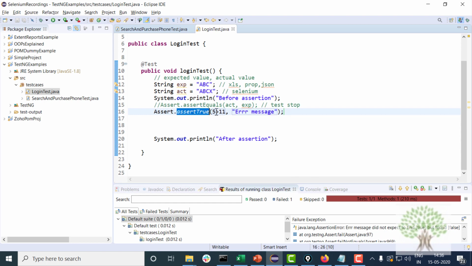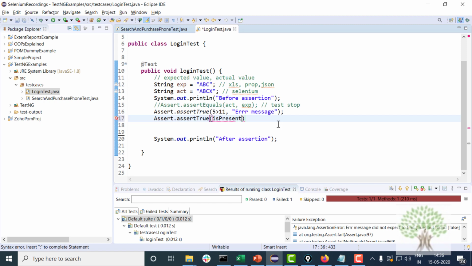Now you can actually use anything over here. For example, you want to check whether the element is present on the page or not. We had made a function earlier while learning Selenium, like isElementPresent. You can pass the XPath of the element. Okay, and if the element is not present, you can throw some error that element not found.